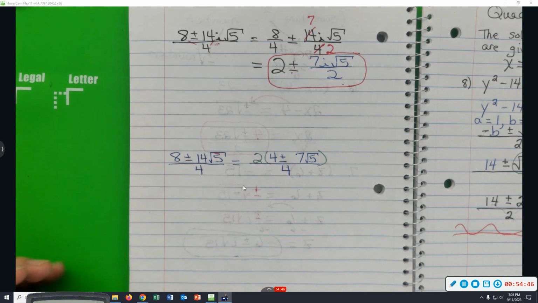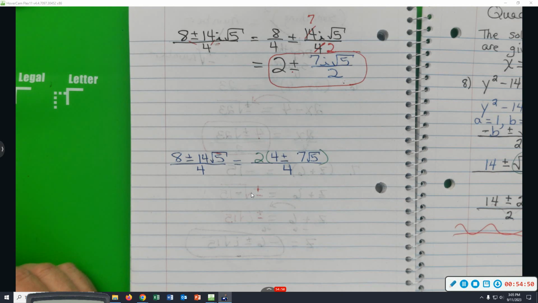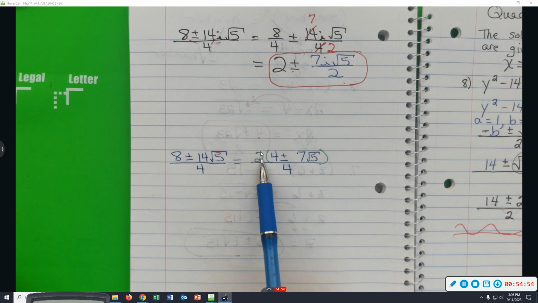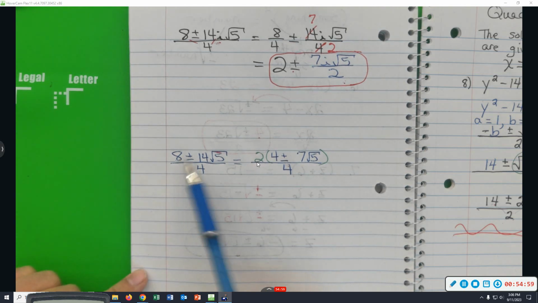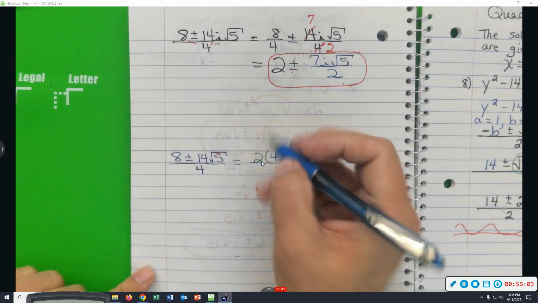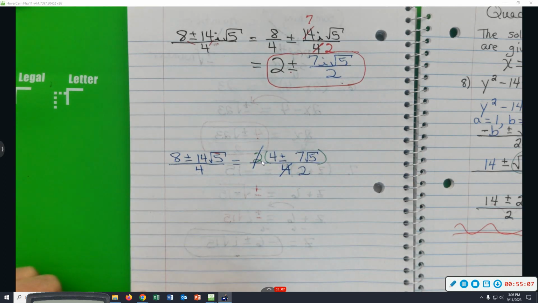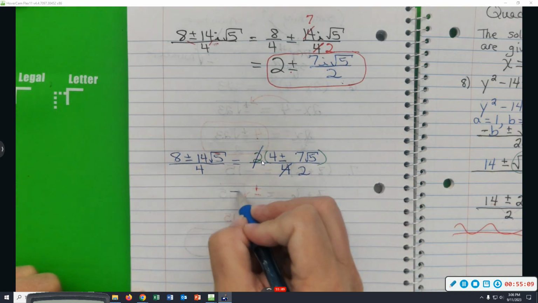I won't be showing it later, but for this first comparison I wanted to show it. I took out the 2, because then I can go through, and basically I was dividing. 8 divided by 2 is 4. 14 divided by 2 is 7. 2 will go into 4 two times. So here's the answer